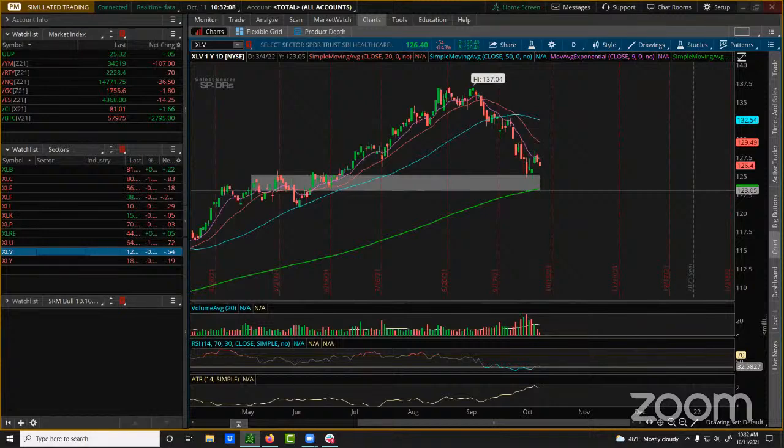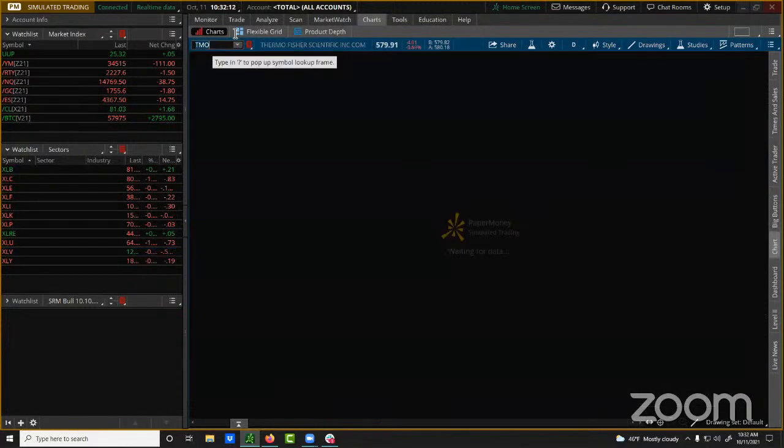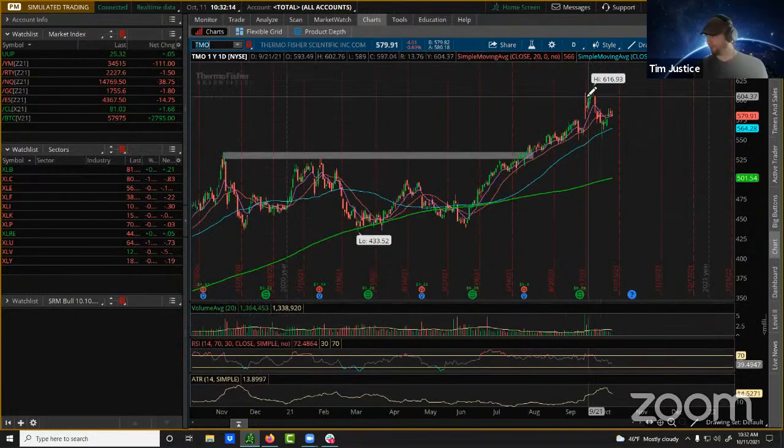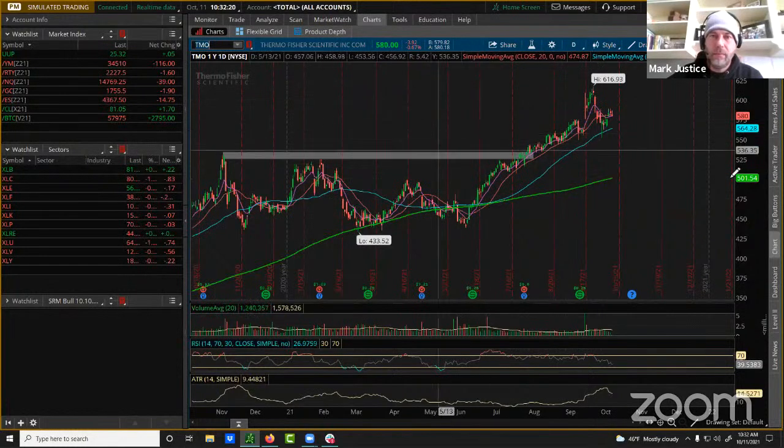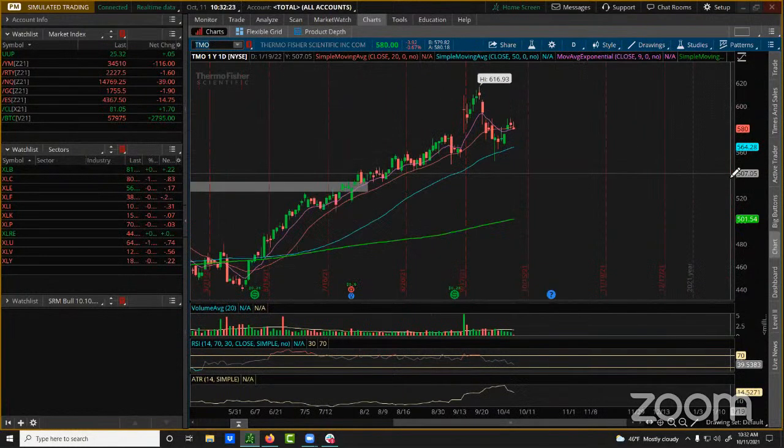Now, from a stocks to keep an eye on perspective, TMO. By the way, this is the best it gets in healthcare. It doesn't get much better. This is the best it gets in healthcare right now. Okay. I know it's choppy. I know it's a crazy volatile